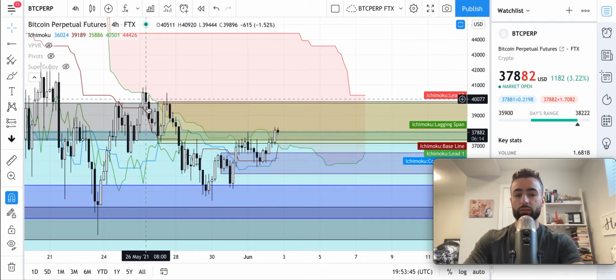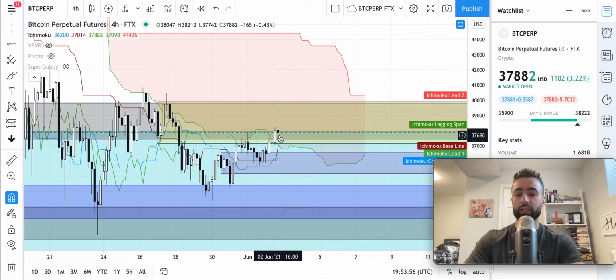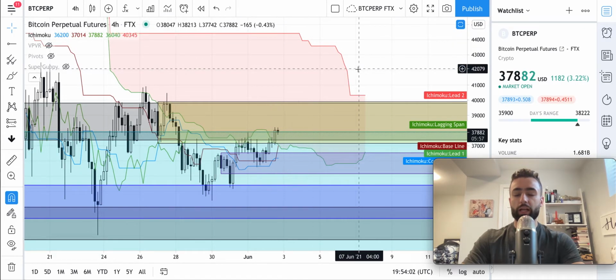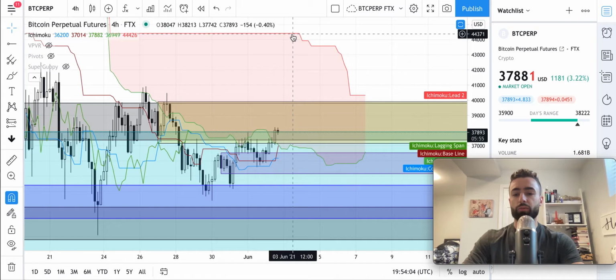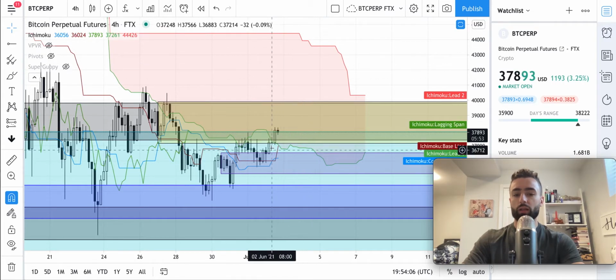We ran into it and rejected off of it, ran into it, rejected off of it. And then right here we closed inside of it, but then we got faked out and went down. Then we rejected off of it again here, and then finally we closed back inside of it again. What each edge of the cloud represents is a strong support or resistance zone. So now that we've closed inside of this, it increases our chances that we can get what's